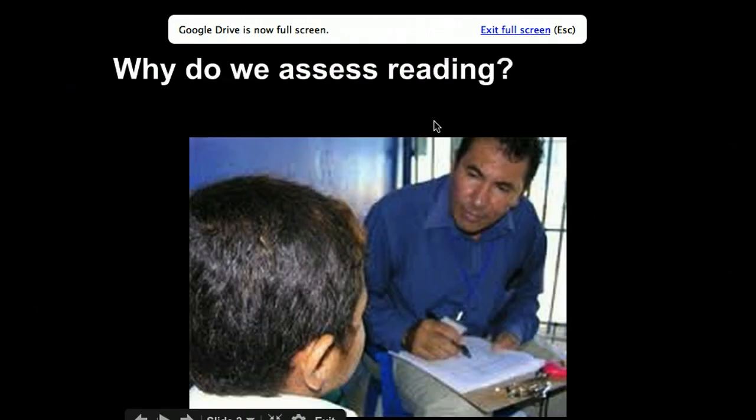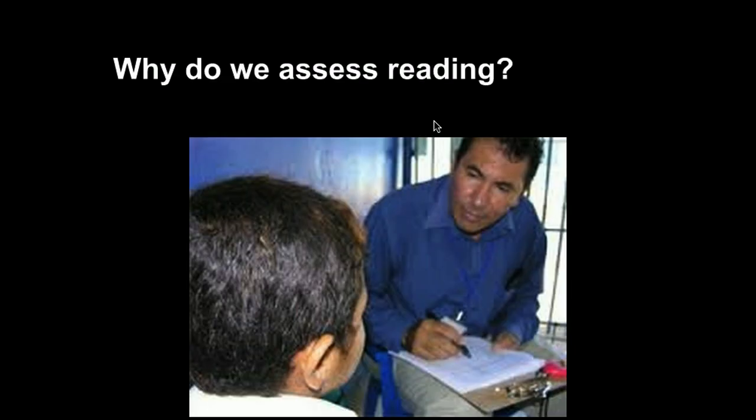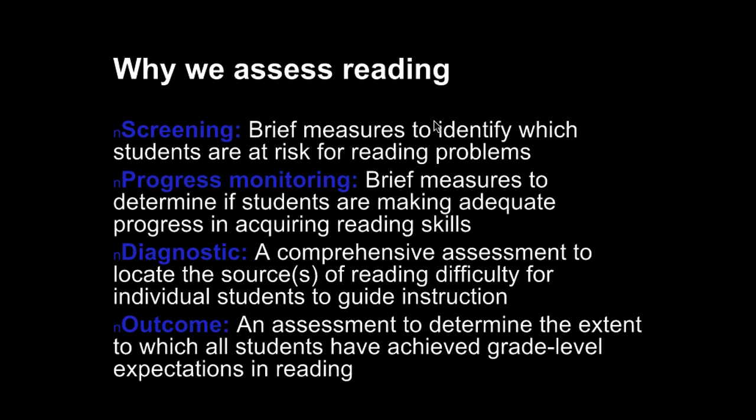So assessments and reading. As we talked about, when you folks are brainstorming your lessons, why do we assess reading? McKenna and Walpole identify 4 different types of assessments: screening, progress monitoring, diagnostic, and outcome. As teachers, you're mainly doing progress monitoring. You're checking to see if students learned what you taught. But you're also checking to see, did you teach what you thought? You have to use assessments as reflections on your own practice, not just on what your students learn.